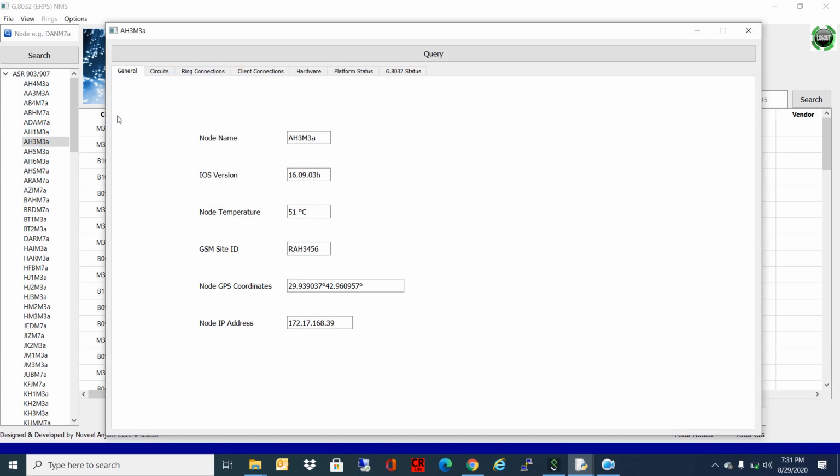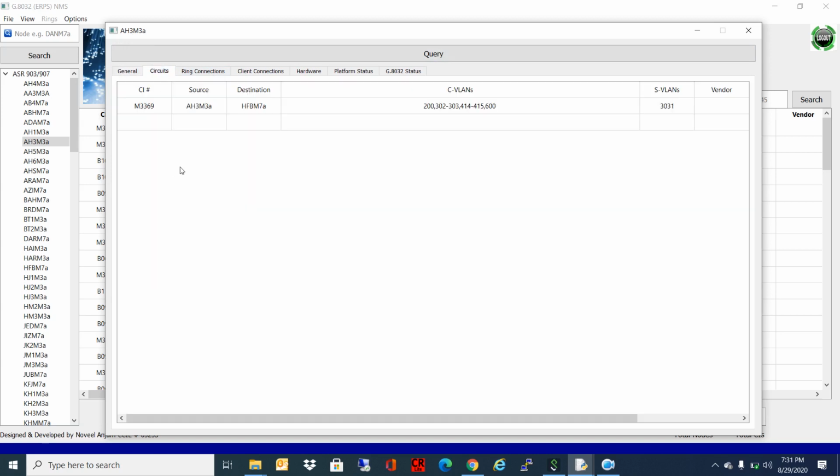In the general tab, we can see the node name, the IOS version, temperature of the node, the GSM site ID against this site AH3 and 3A, and then it will show the GPS location and the node IP address. So this is the general information about the ASR.